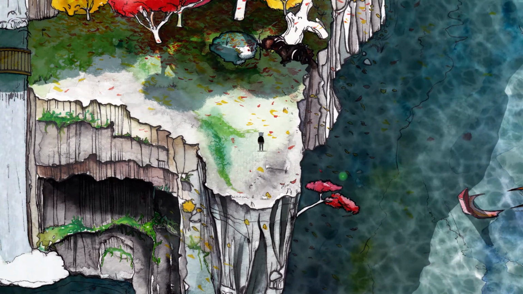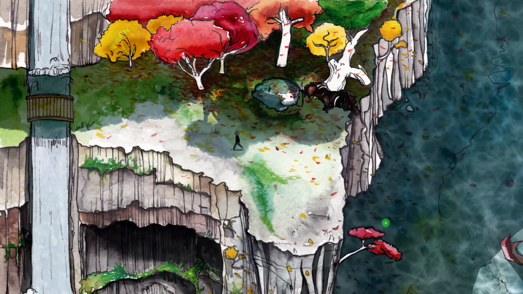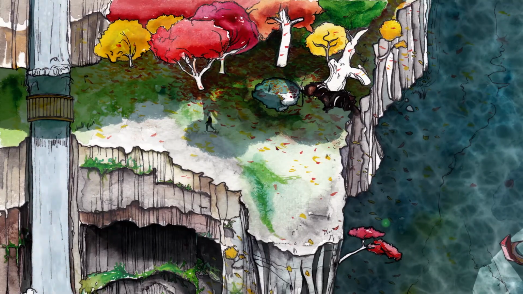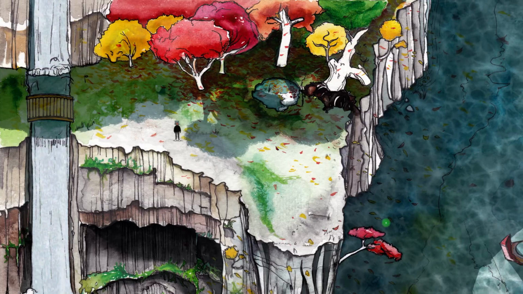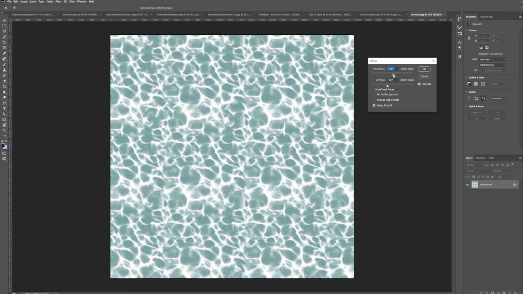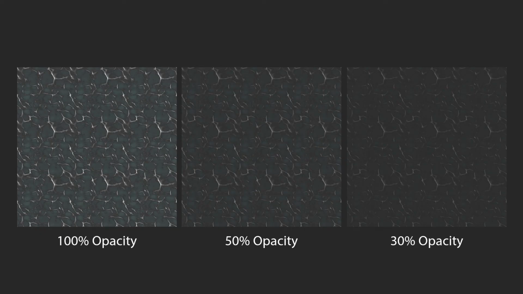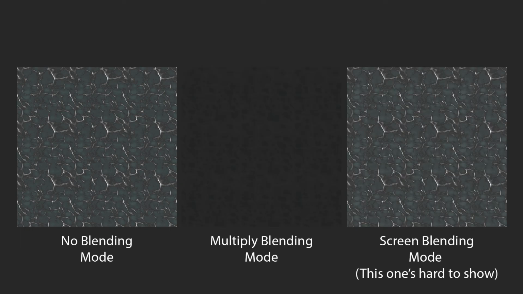So one of the most requested parts on my previous build was people asking me how I could bring a lot more life into the drawing by animating the waterfall or the ocean or other bodies of water. And so just to quickly explain, I would take royalty-free water caustic textures, edit them in a way so that the textures themselves are seamless, and then have multiple of them be at different opacities. Say this one's like at 30% opacity, this one's at 50% opacity, and have them set at either a multiply or a